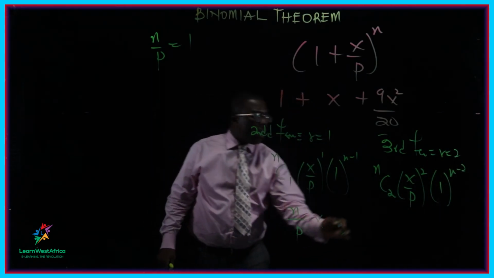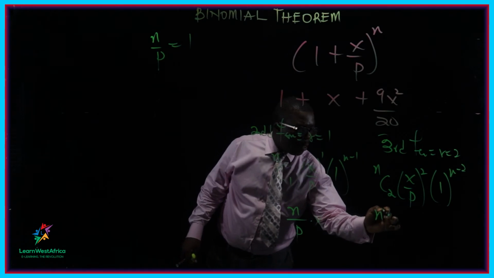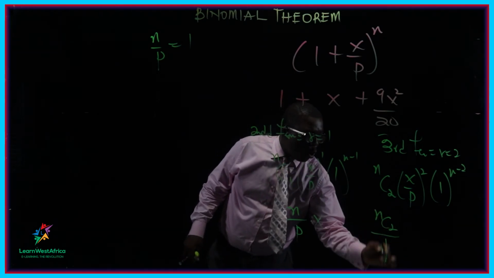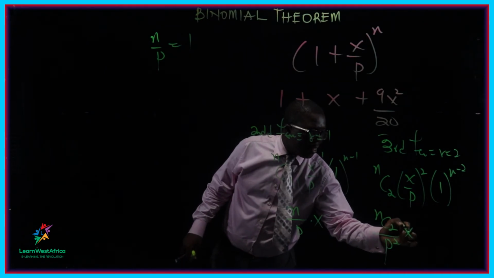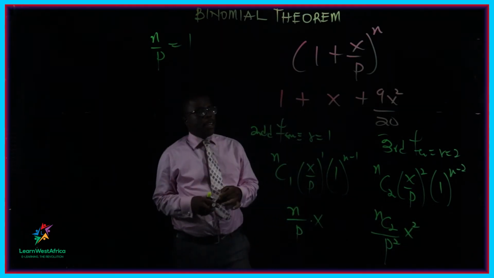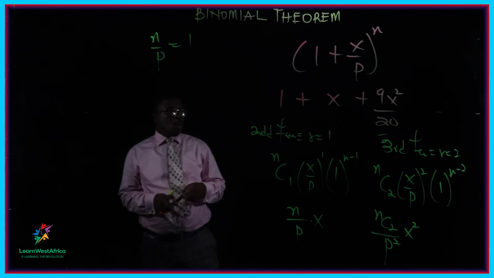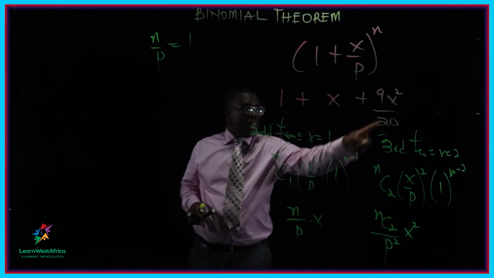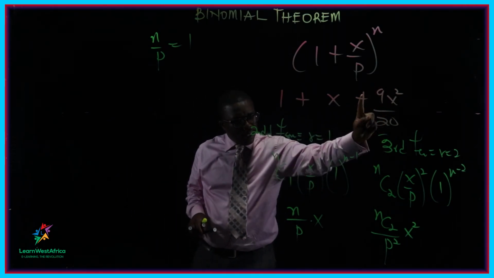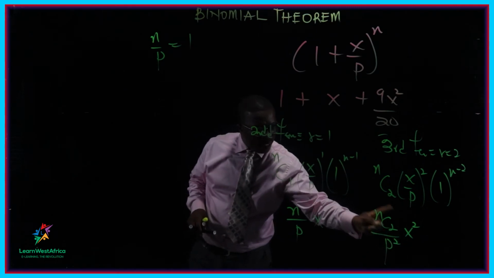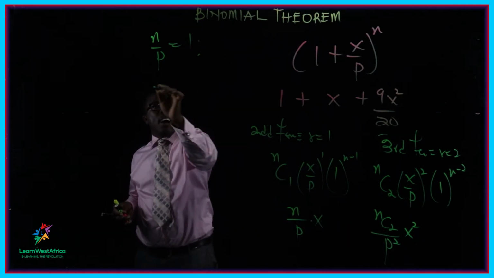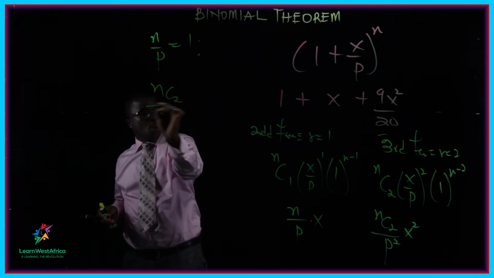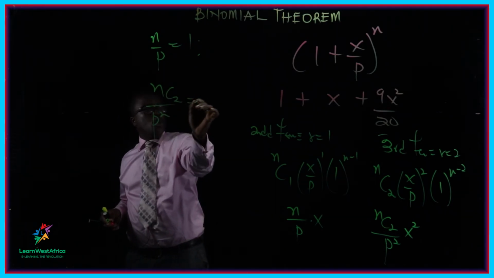So likewise, we are going to have n choose 2 all over p squared multiplying x squared. Hope you're okay. So we can also compare that the coefficient of the x squared is 9 over 20. And the coefficient of x squared here is n choose 2 over p squared. Hence, we can say our n choose 2 all over p squared should be equal to